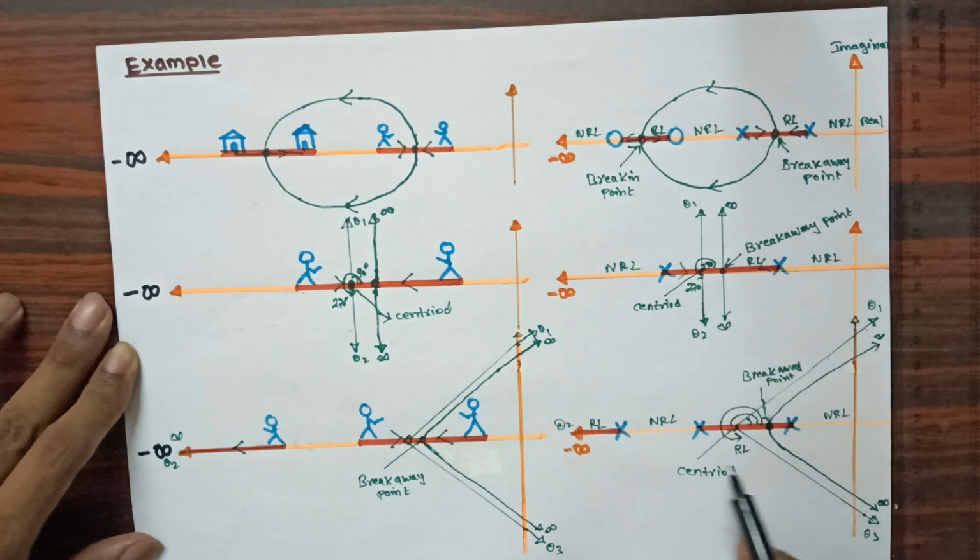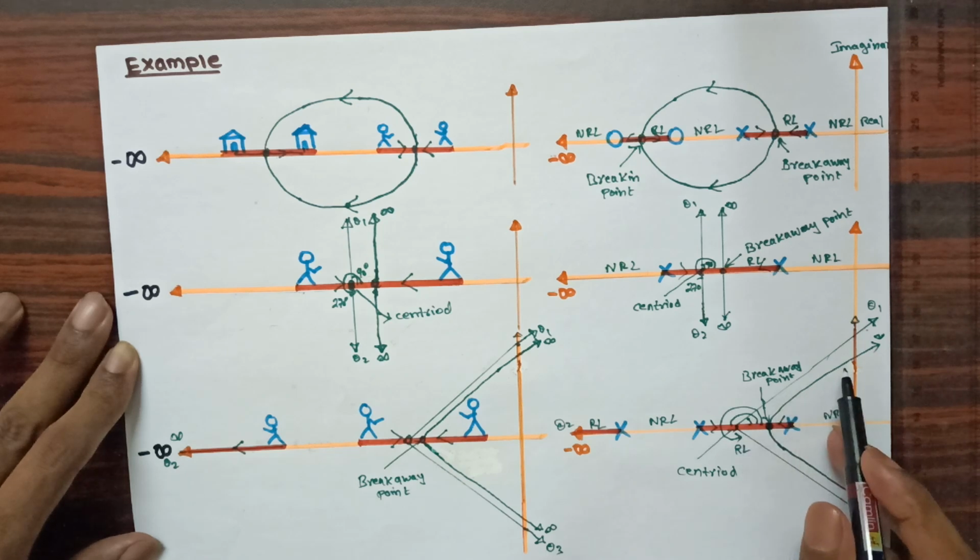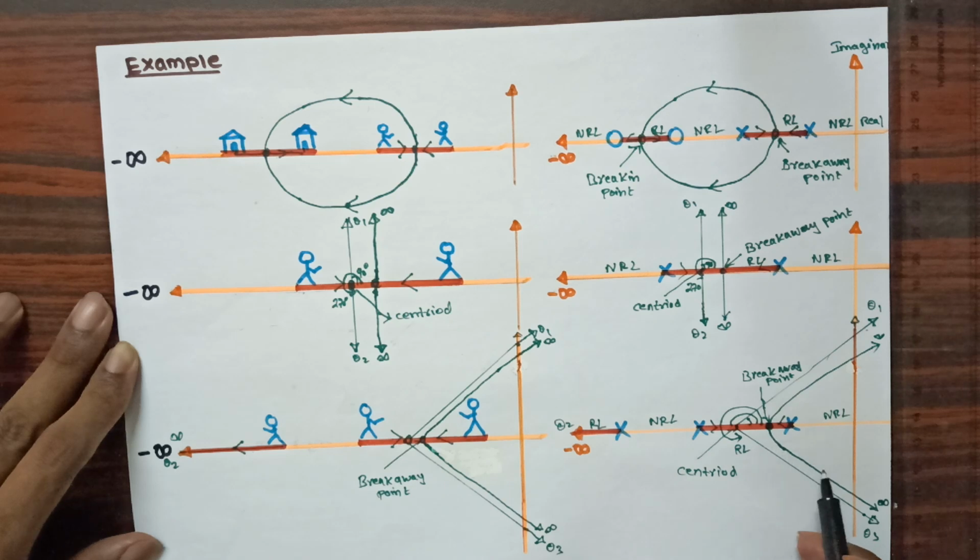In the third example, as I said, now three poles are there with no zeros to end, therefore all three poles are going to end at their infinite destination. Similarly, this pole will move in this direction and this pole will move in this direction, then they meet at this point that I have shown here, the breakaway point, and both come out, but this time not with 90 degrees and 270 degrees. They are going to tilt with an angle of 60 degrees, and the other is going to tilt with an angle of 300 degrees.